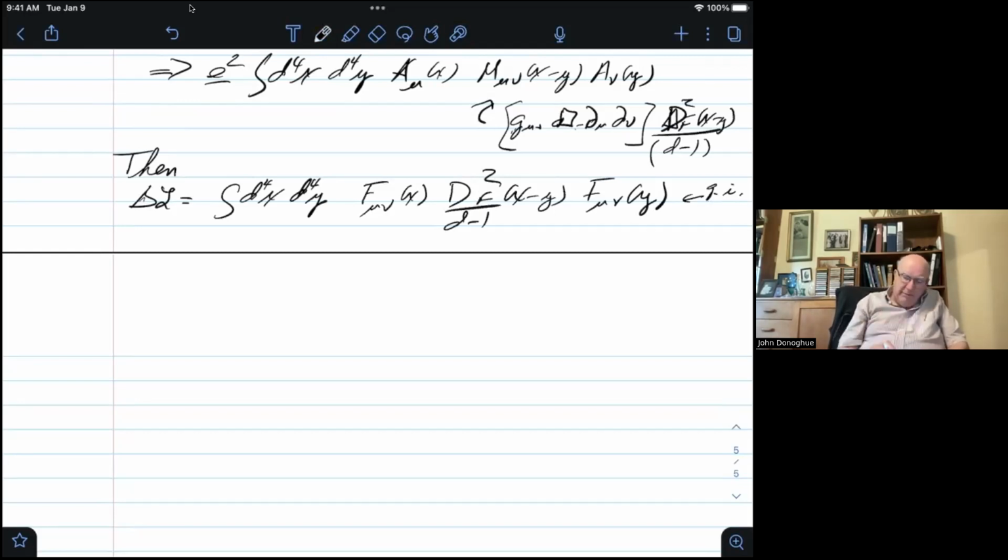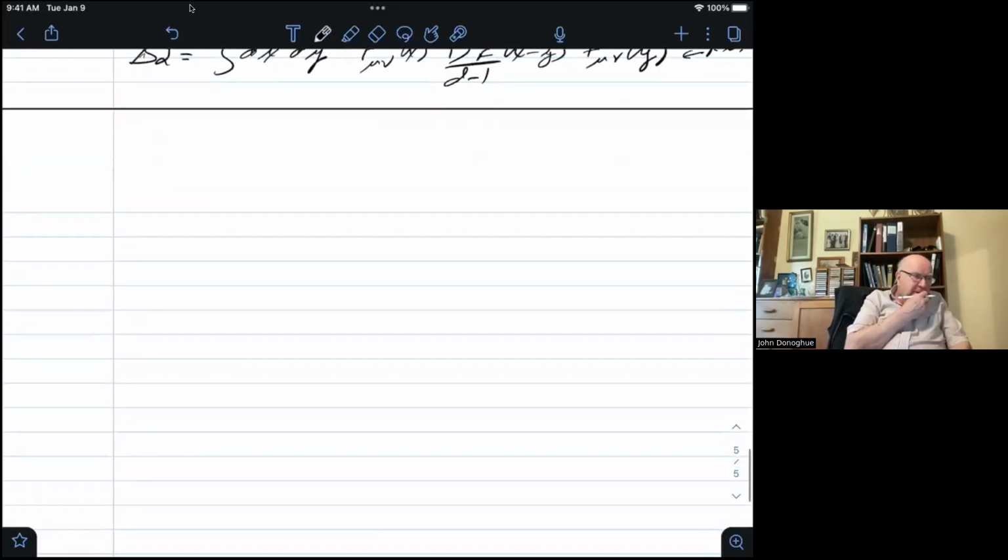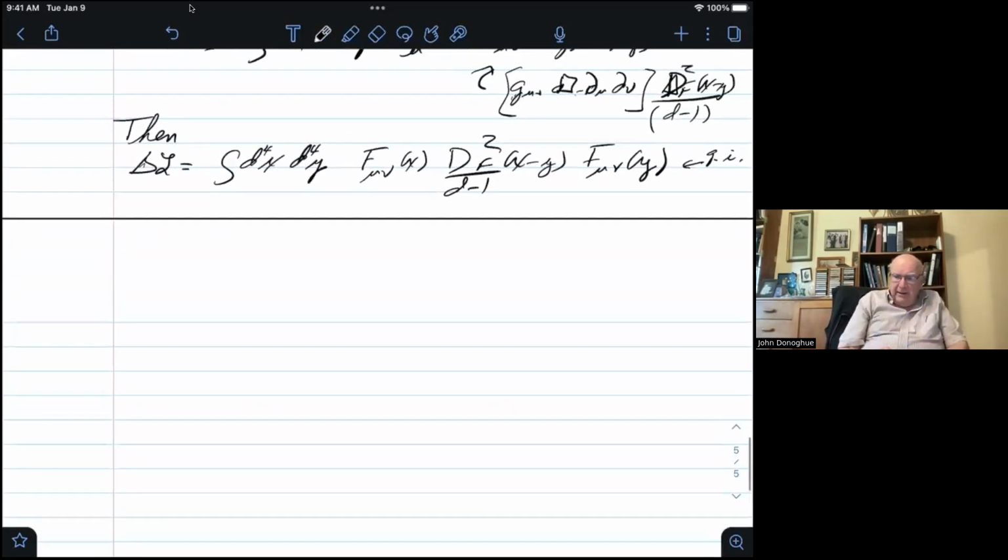And so by working with this background field, I've put this in a simple form. And now what I have to do is this Feynman propagator squared is a function. It's a singular function. It's going to have two terms in it, one of which is going to be a divergence, and the other will be the finite remainder. So how do you evaluate that? Well, the